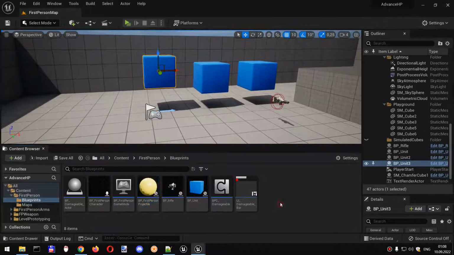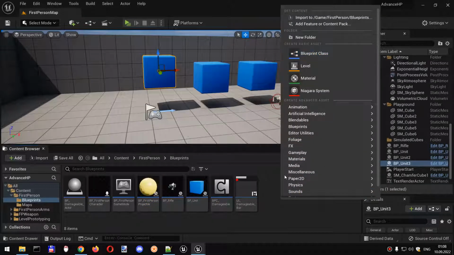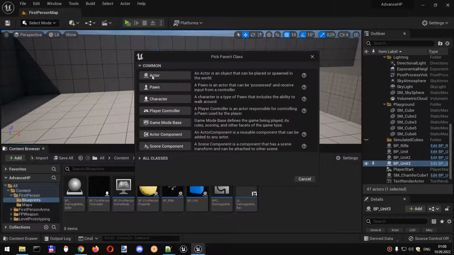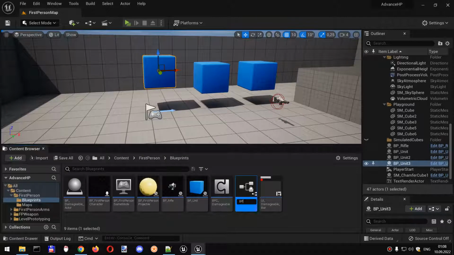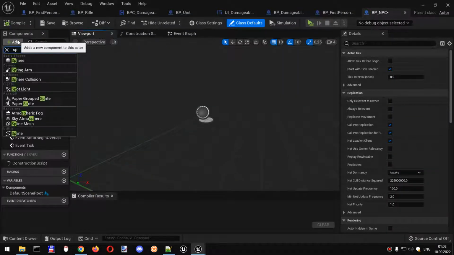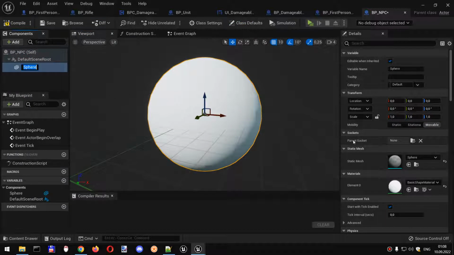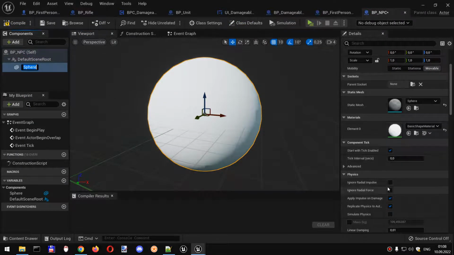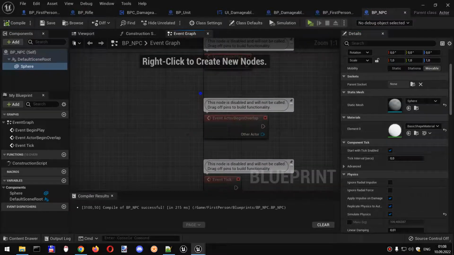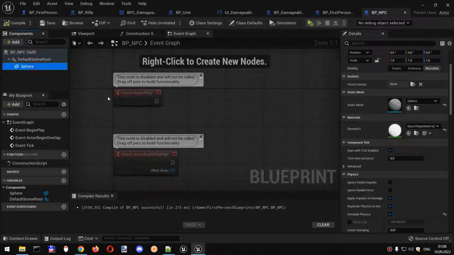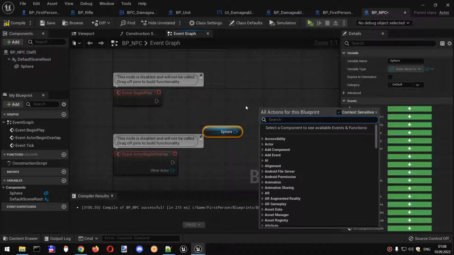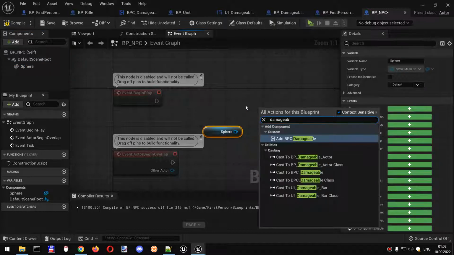So just to prove a point, if I will create a new actor, BP NPC, and it will have a sphere, something like a sphere. Yeah, sphere is fine. And I will add physics to this sphere. And all I need to do in order to make it damageable,